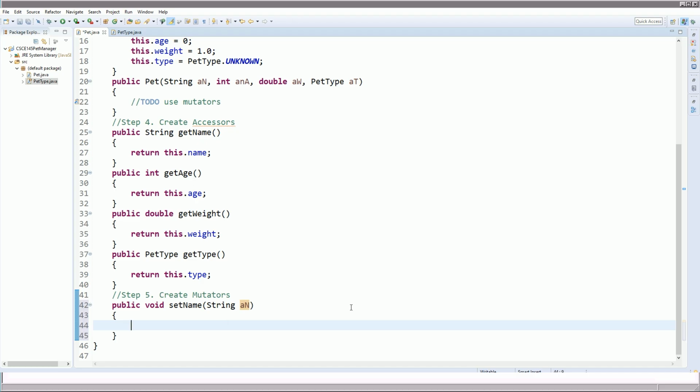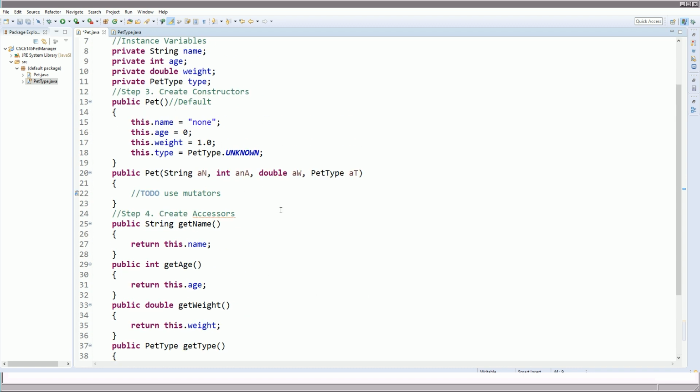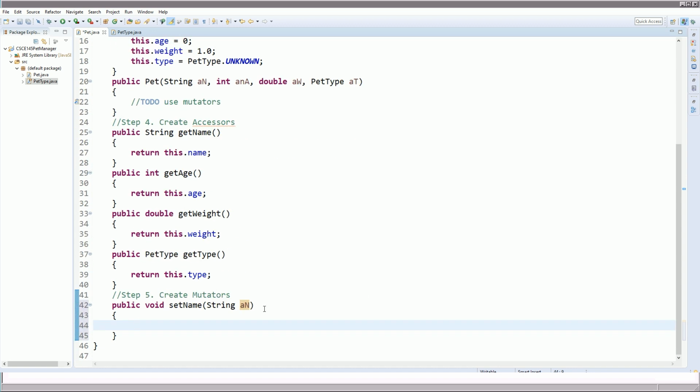We understand that there is a very special memory address that we need to look for. In other words, we want to make sure that if we're going to set this pet's name, that this value right here has been created. In other words, we have to make sure that this value is not null. We want to make sure that the name is at least set to something. So if aName is not equal to null,